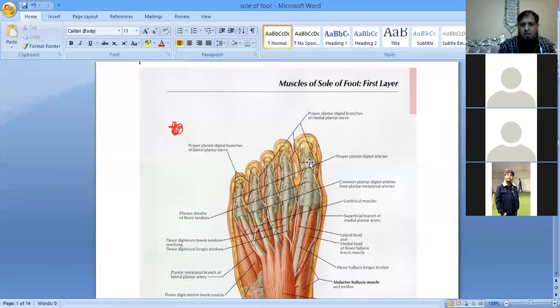Blind tunnel why? Because it is going to be closed at its distal end. ठीक है ना. Distal end का क्या है? The base of the distal phalanx. यहाँ पे आके fix हो गई है ना. So it is going to make a blind tunnel through which the tendons of the flexor muscles are passing towards their destination. Clear? और जब टेंडन इसमें से पास करेगा तो it must be having the synovial sheath around it. ठीक है, ये बात याद रखिएगा.